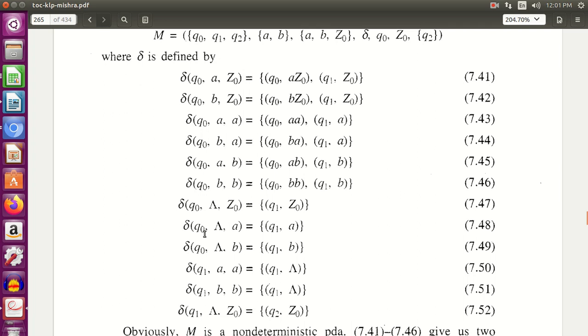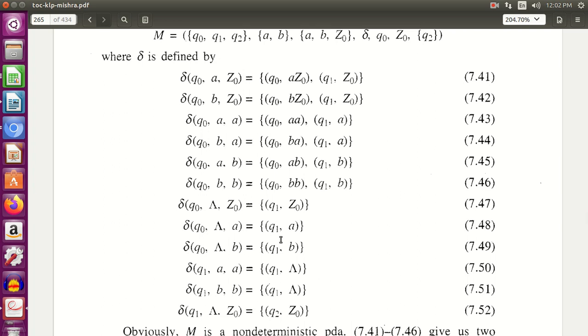We are in state Q0 and we get a lambda, and the top of stack is A. What we do is we just change the state to Q1, nothing else, no pushing, no popping. Similarly, you are in state Q0, you get a lambda and the top of stack was B. Either case is possible, right? Either the last thing that you had pushed was B or it was A. So for both possibilities, I do the same thing. I change the state and nothing is pushed, nothing is popped.